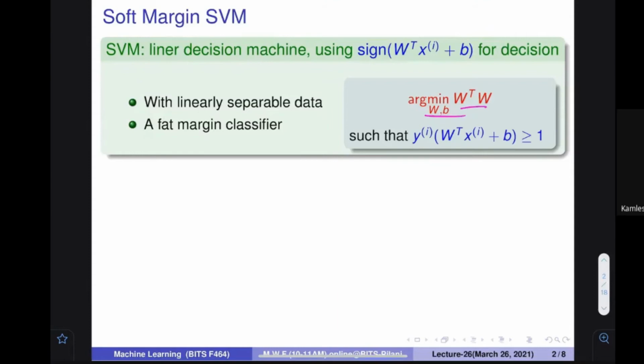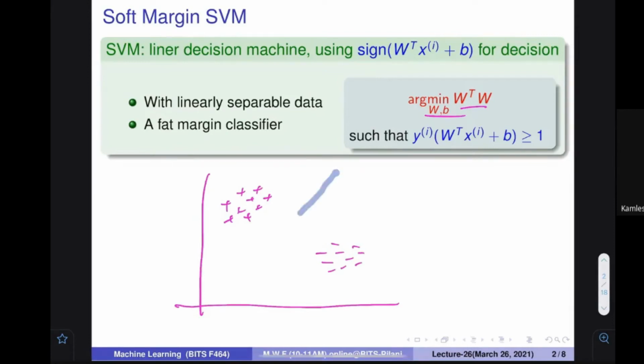Great. Okay, so now I am going to discuss a very important part. Let's assume that the positive examples are here, negative examples are here. Can we apply SVM over here? Yes, why not? We can apply. What would be the decision boundary? This would be the decision boundary.